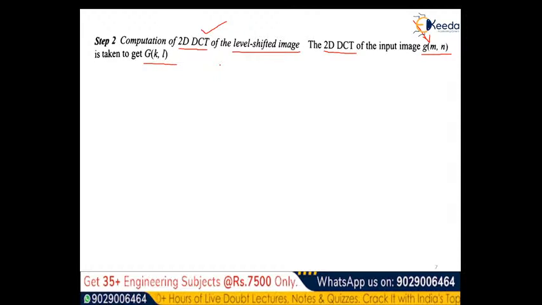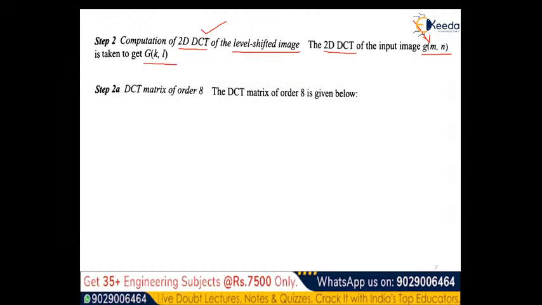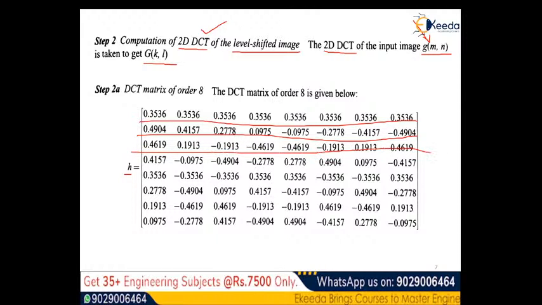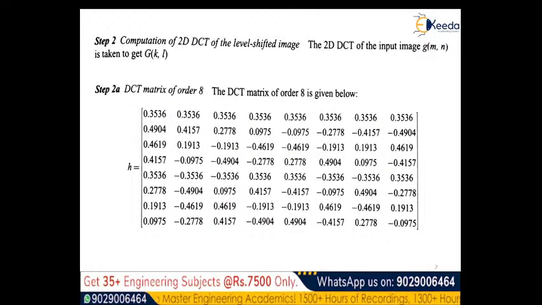So let us have one substage where we have the DCT matrix of the order 8, and that is given here and represented by the letter small h. Now you see the small h, again we have 8 rows like this and the 8 columns here. So the values that you see in this particular matrix form as represented by H, these are the coefficient values